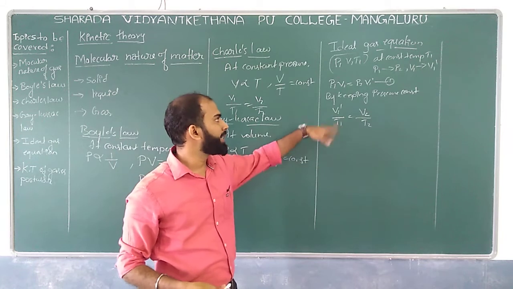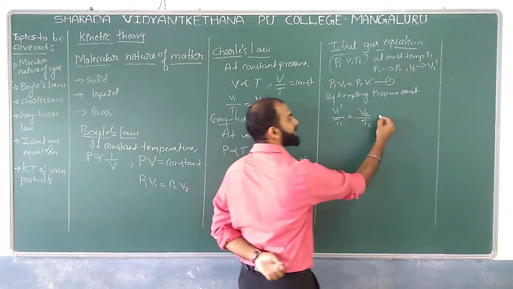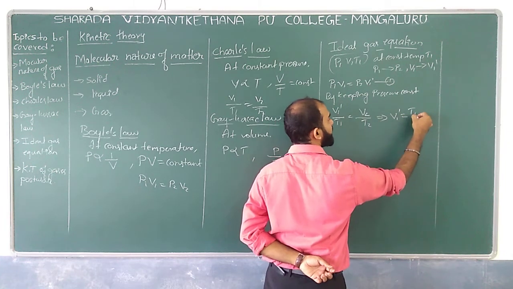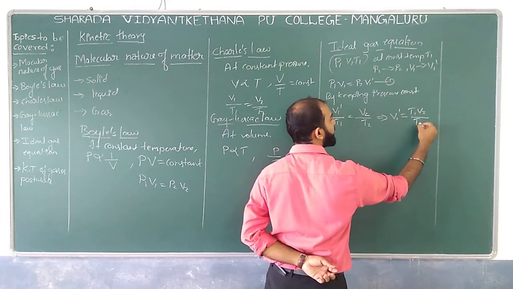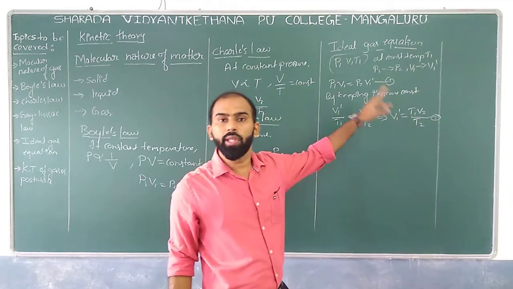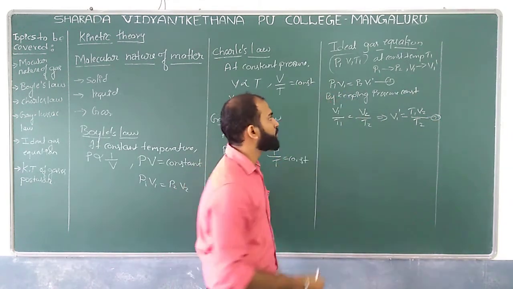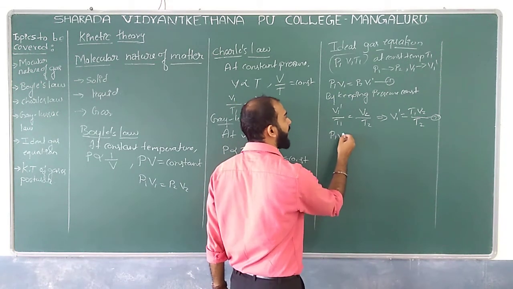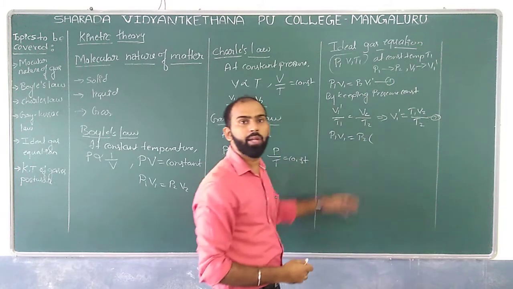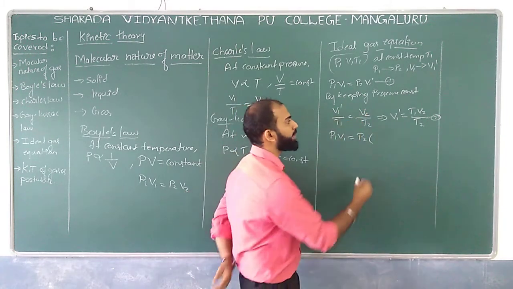Now with respect to V1 dash, I can write V1 dash is equal to T1 V2 divided by T2. Let us say it is equation 2. Substitute equation 2 in equation 1, what can we expect? So I can write P1 V1 is equal to P2 times V1 dash, which can be replaced by, that is very simple,